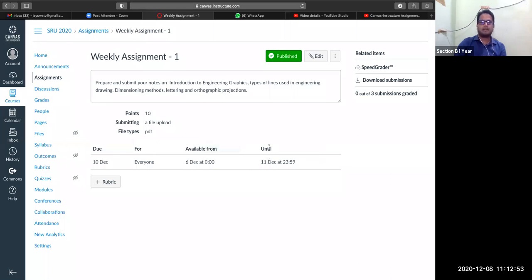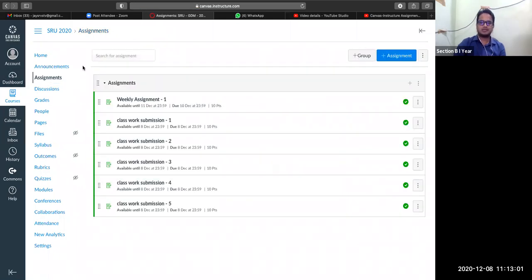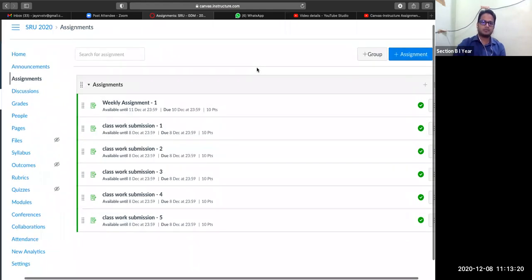By this time this assignment will disappear. So if you delay it, you are going to lose the marks. This is what this digital world is about. In our classwork we can give some extra time, but here the computer will automatically remove that assignment. There are classwork submission 1, submission 2, 3, 4, 5. You can use any one of them. So better to go with classwork submission 1, all of you.